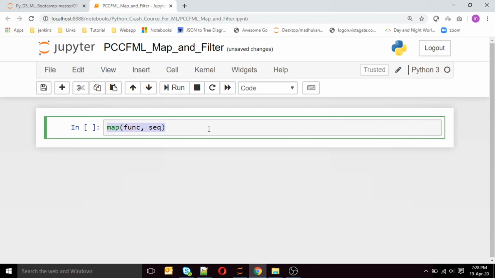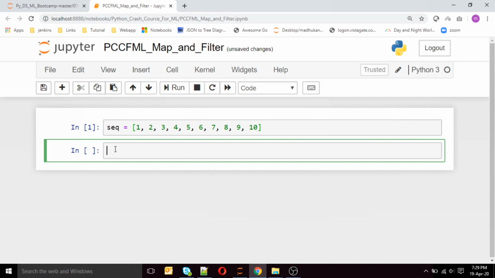Before creating that, we will create a function and an iterable sequence. The sequence would be 1 2 3 4 5 6 7 8 9 and 10, so it is a list.